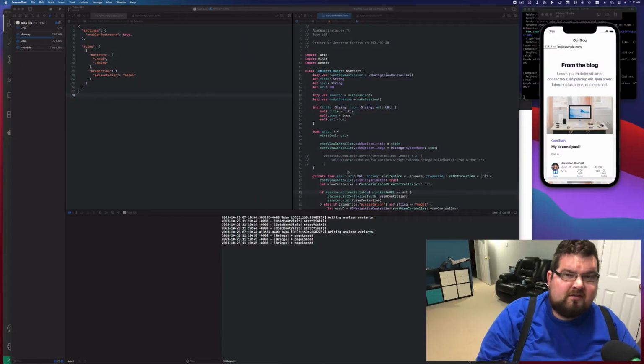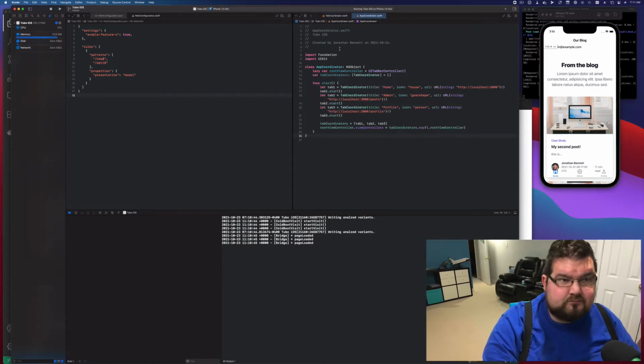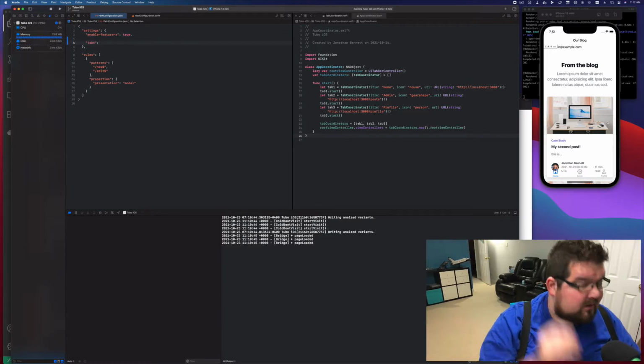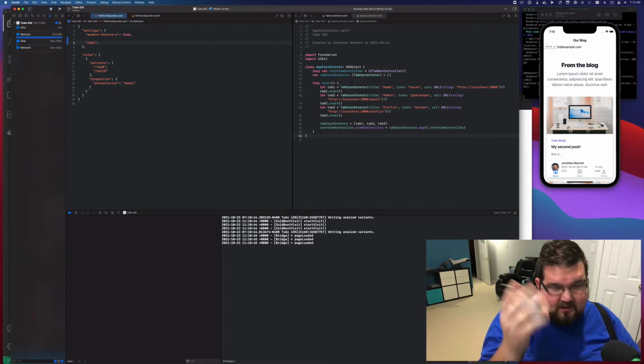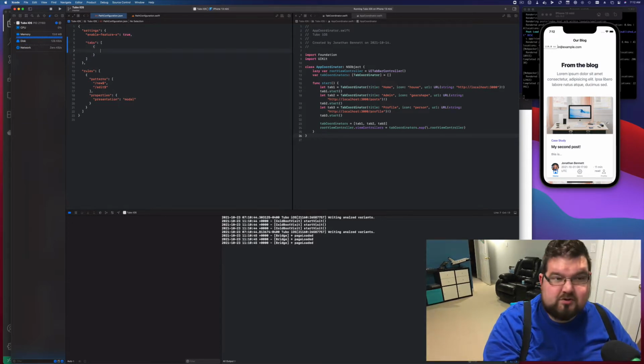So to kick this off, to enable this, we're going to want to make some changes to our app coordinator and to our path configuration. In our path configuration, we're going to add some new settings. Now, the settings is just a generic bag of data. So what we're going to do is add the information about what the tabs should